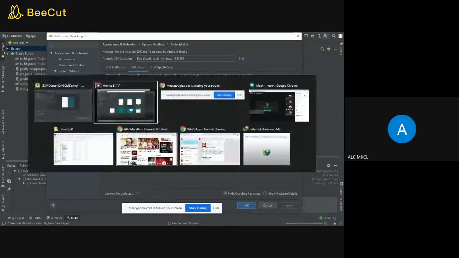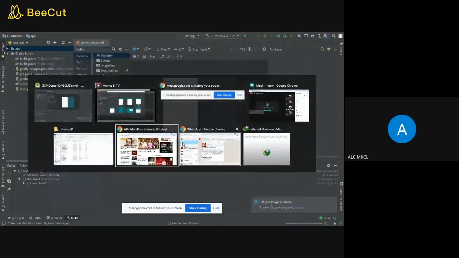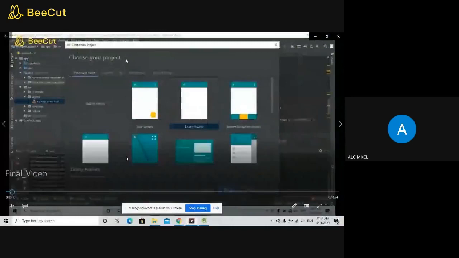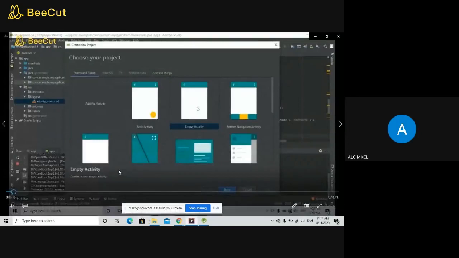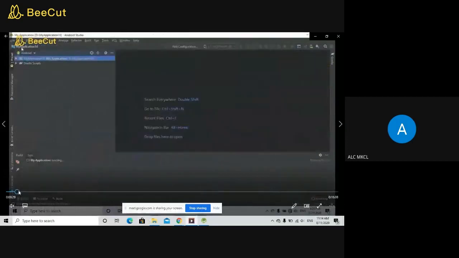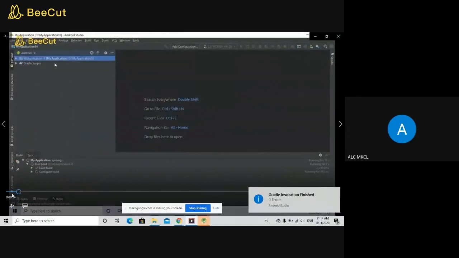So let's move to the video. Here, first you are supposed to select the empty activity. Select empty activity, then it will start building your project.